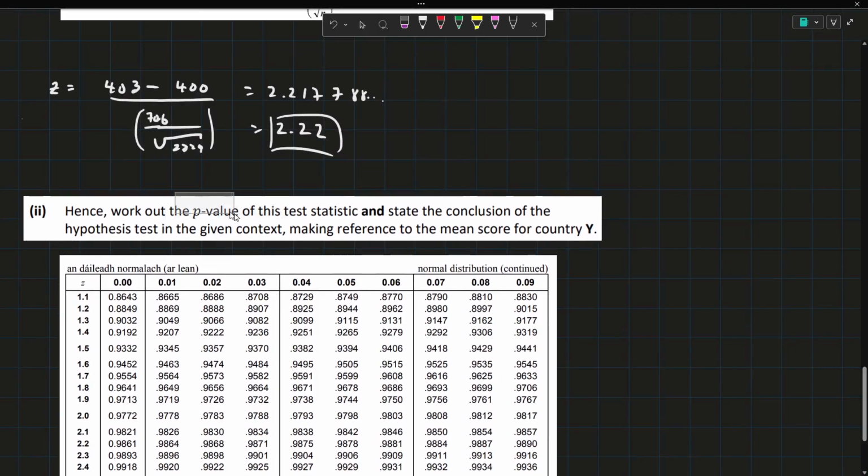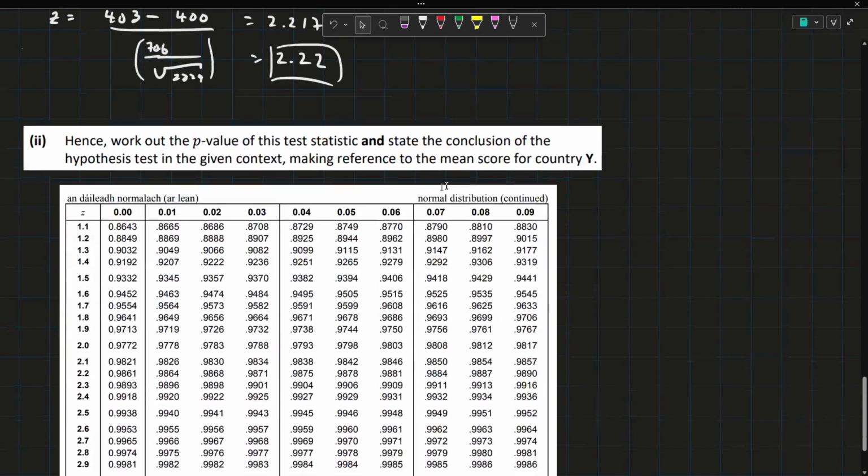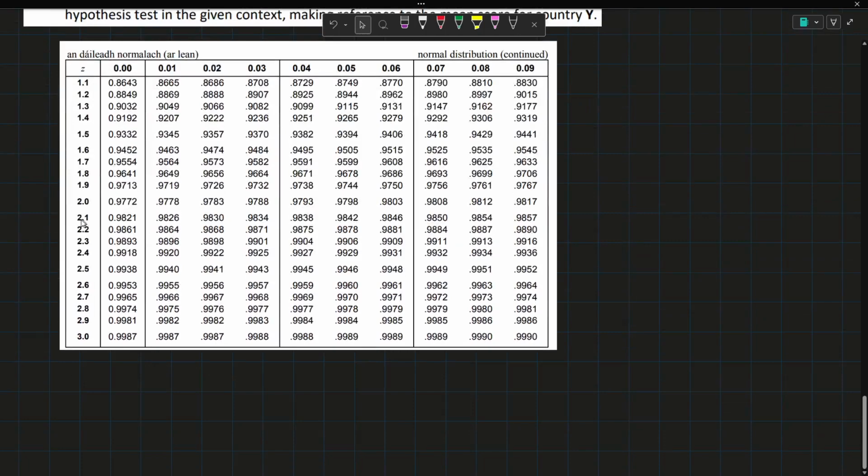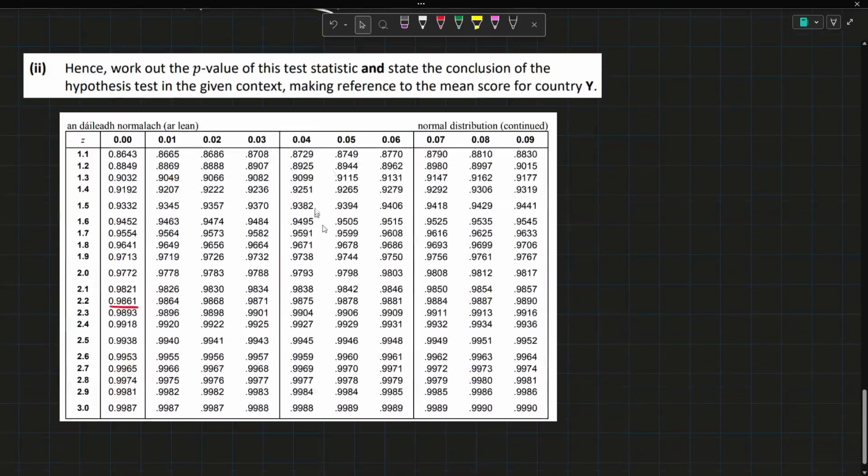So that's just the probability that whatever we observed wouldn't happen, kind of like that. So 2.22 standard deviations above is what it is. That's our z-score. So we find 2.22. So we go to 2.0, and then we have 2.22 here. Sorry, 2.22 is here. That's 2.2, so 2.22 is over here,